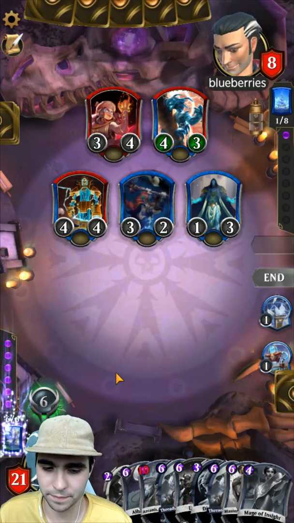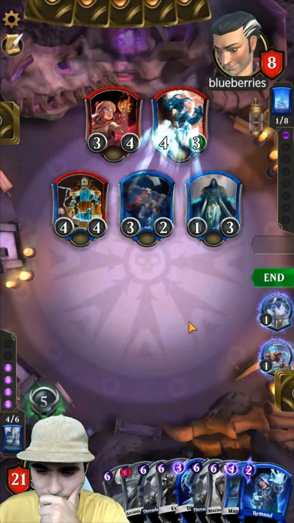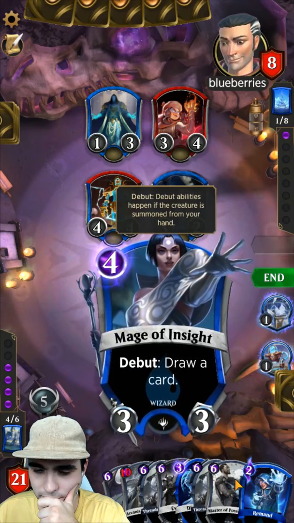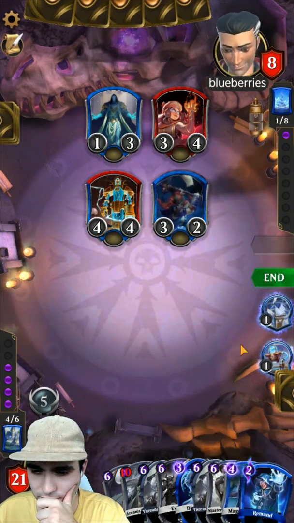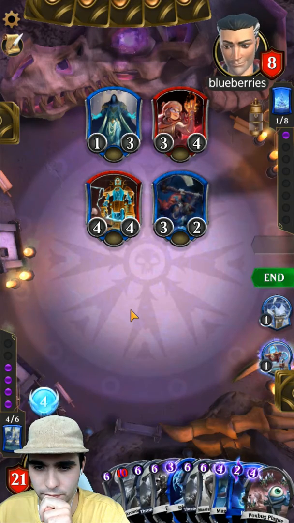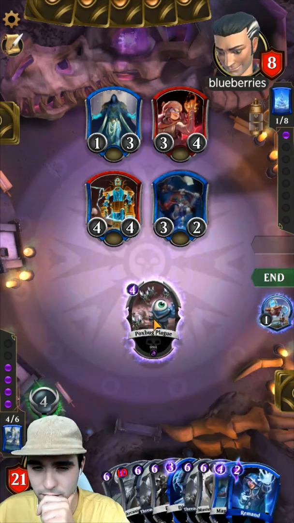10 mana. Alright, we're finally at 6 mana. I think we're going to just destroy that. Alright, we have 4 mana. We can use this as a defense. It's not really a good defense. Alright, let's do this. Let's draw first. I mean, that wipes out a few things. It does. So...